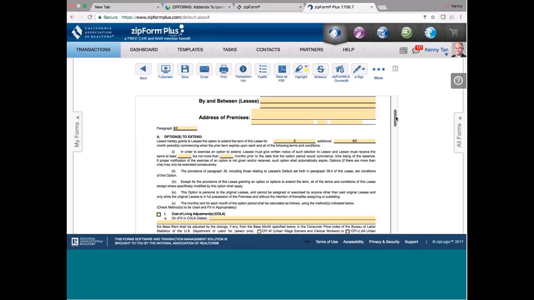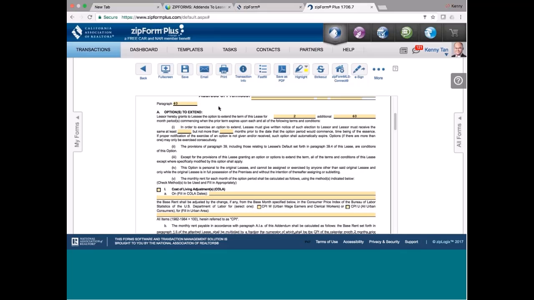Okay. And then it says here, in order to exercise an option to extend, lessee must give written notice of such election to lessor, and the lessor must receive the same at least. Okay, this one talks about how much notice you have to give your landlord if you want to exercise the option. Now, let's say I put at least,